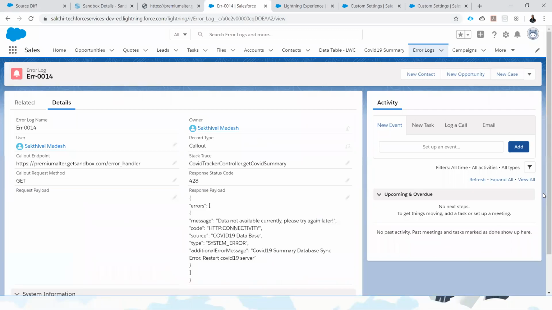Yeah, this is one of the approaches. Maybe as per your requirement, you can modify it. You can implement this error handling scenario. It will be really useful as a developer